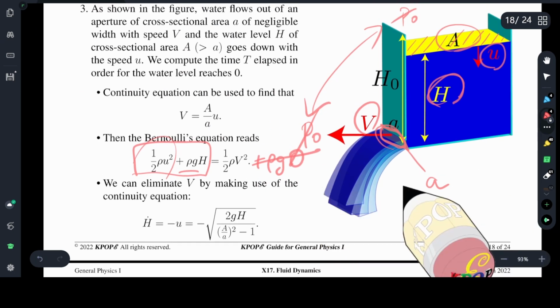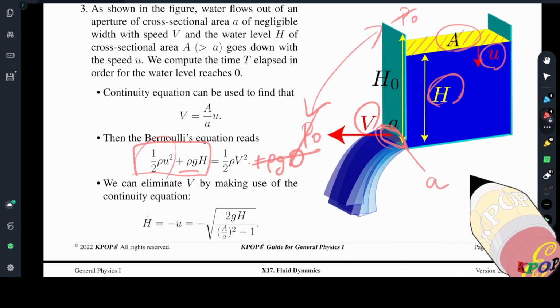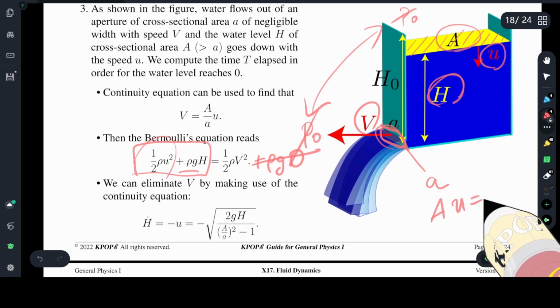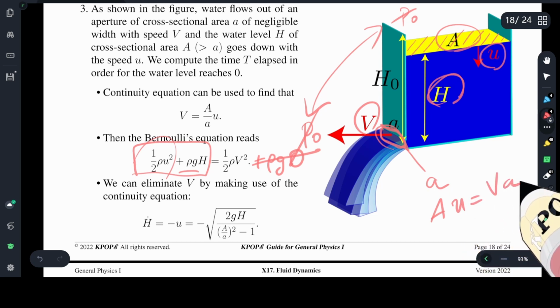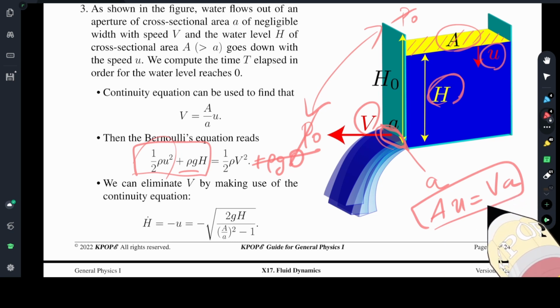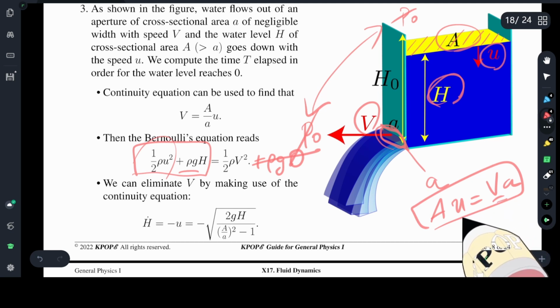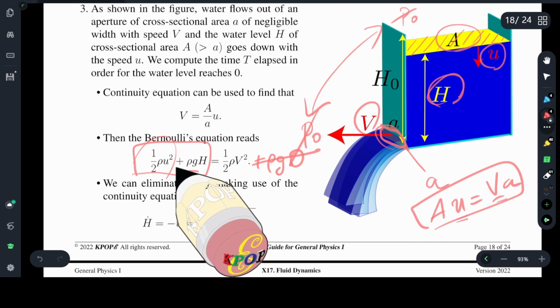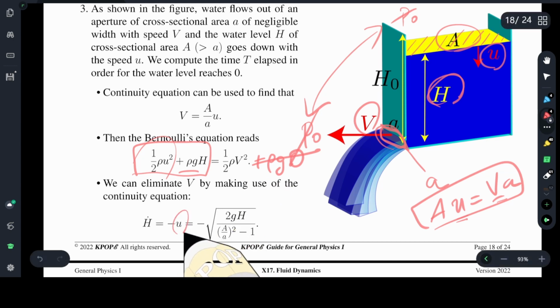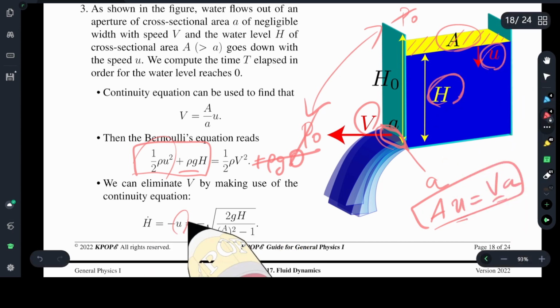What is that? The continuity equation. A u equals V a, right? From this relation, I can eliminate capital V in here. So I find it is all expressed in terms of small u. And small u is actually the time derivative of height. Small u is the time derivative of height. Therefore, we can find